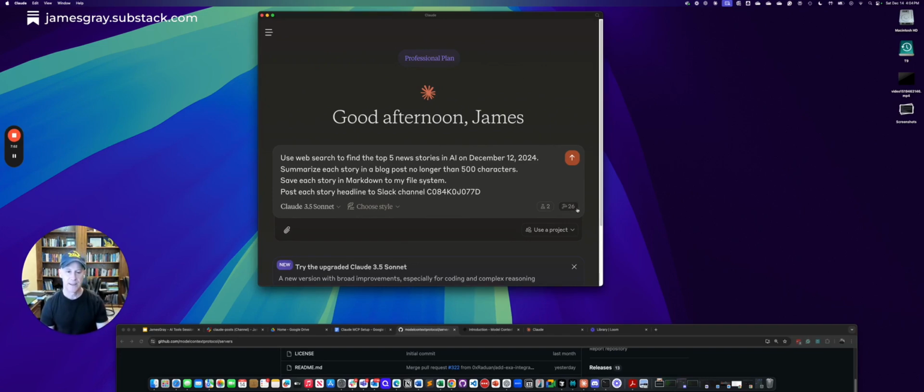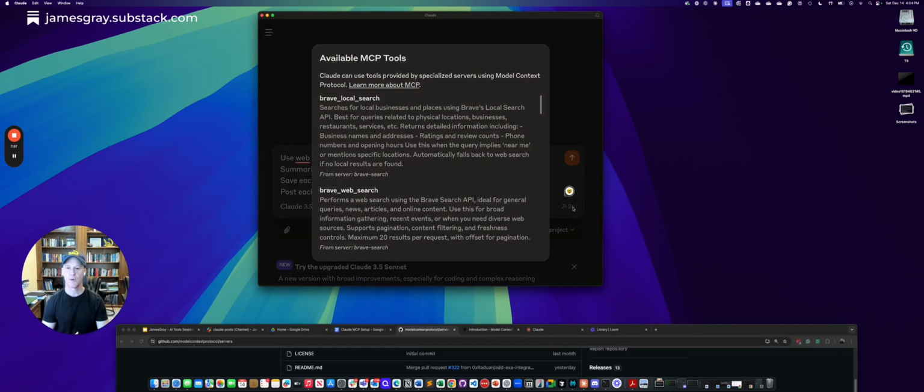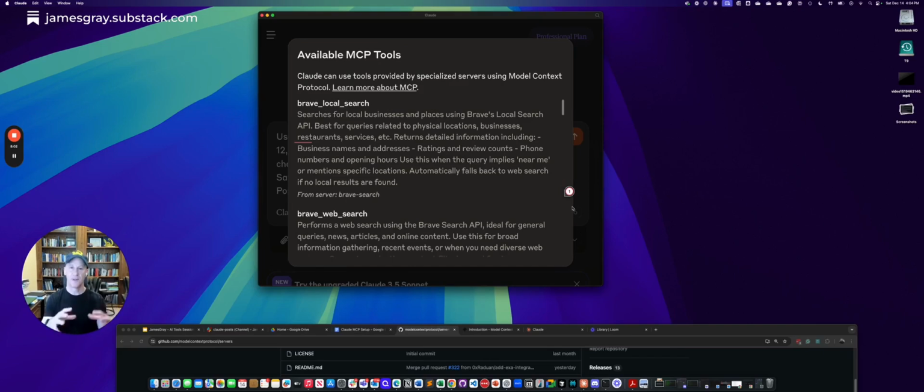But before I do that, I want to share this little tools icon with the number 26. What does that mean? Well, let's look at that. I've enabled the Claude desktop to have access to all of these different tools that I've configured it for. So if you're using Claude out of the box, you're not going to have this. There are 4 different tools that I've put in Claude's toolbox. One is Brave Search through their API. Again, you can get this for free. You just have to sign up for the Brave Search API so you can get an API key that allows you to programmatically access it. So Brave is one.